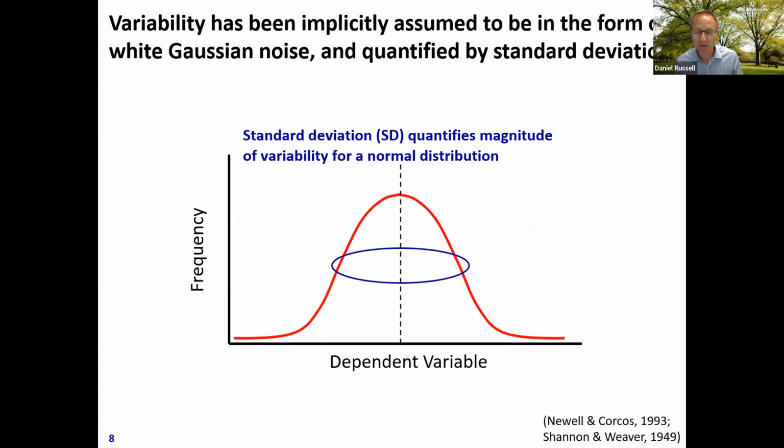So the standard approach to variability is to assume that it's in the form of white Gaussian noise, that it follows a normal distribution around some sort of mean. If you think about it in terms of measurement theory, we are expecting, if we measure something repeatedly, that we are able to approximate the true score as the mean, and then we get sampling error around that mean that's just thought to be sort of variation and just sort of noise.